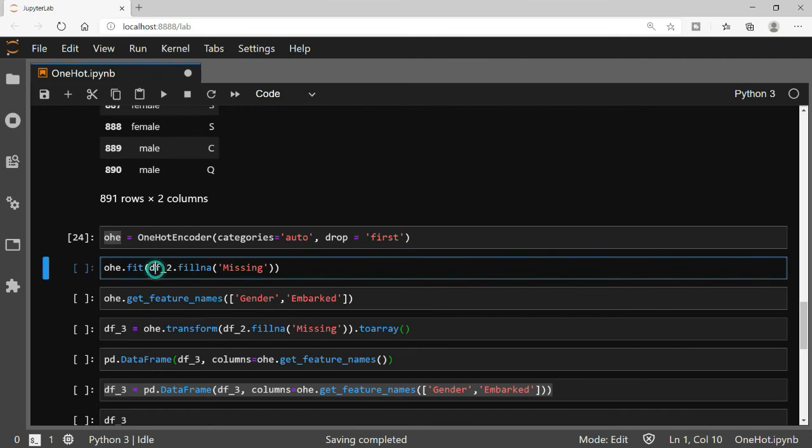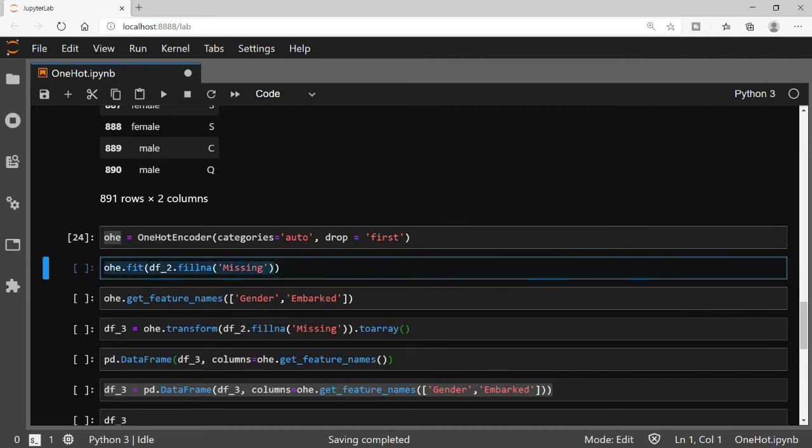First, we have seen that we were having NA data. So before fitting this, we assume that before doing any kind of feature engineering, we have handled the missing data in our data set before moving forward towards the feature engineering or encoding part. If you want to learn more about missing data handling, then please go and check out my videos on how to impute missing data in Python and Pandas.